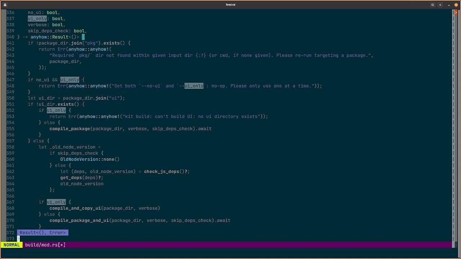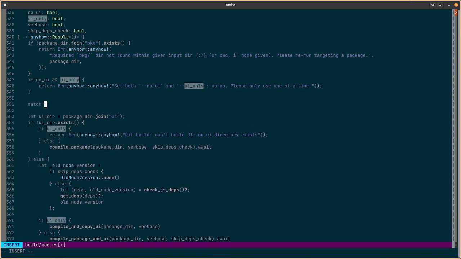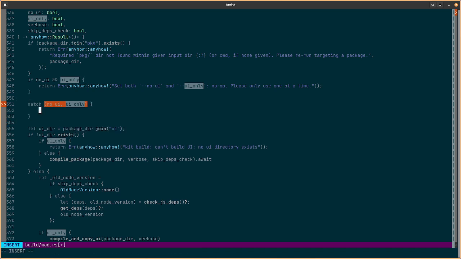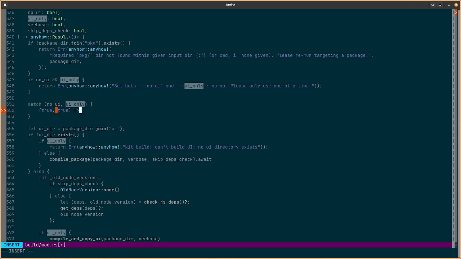Maybe it's easier to match if we have a tuple, like before we go UI dir exists, we go and match on those arguments. Okay, so you're saying something like this, and then probably what we would do is true, true is the thing that we already wrote.